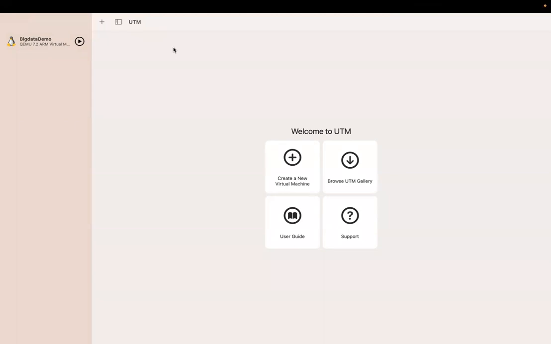Post that, you have to install the ARM Ubuntu Virtual Machine ISO image. I'll attach these two links in my YouTube video description, so you can follow that. Post downloading these two, I'll tell you the process of how to start creating a new virtual machine. So for that, you need to